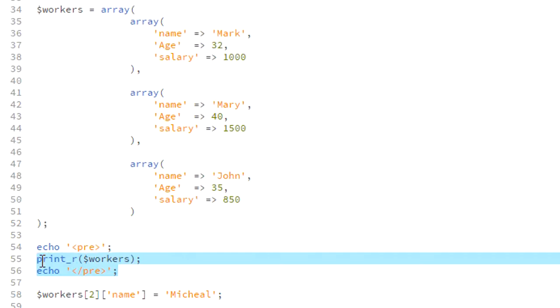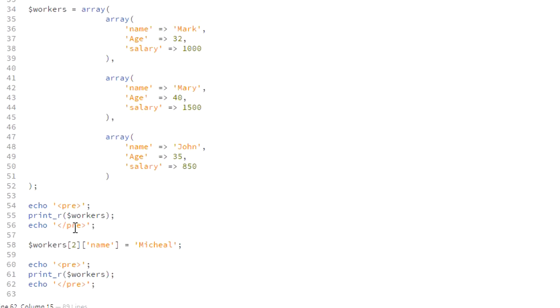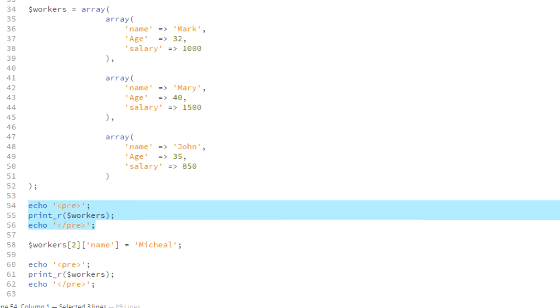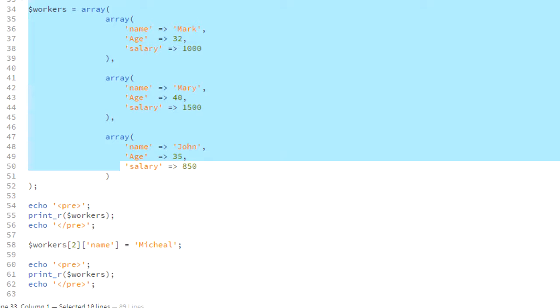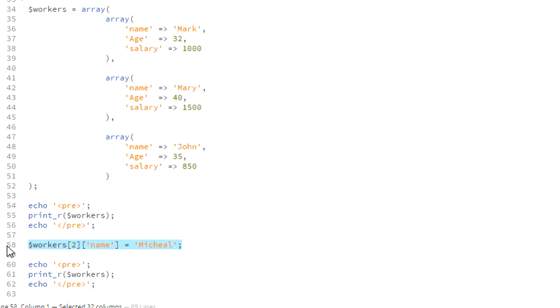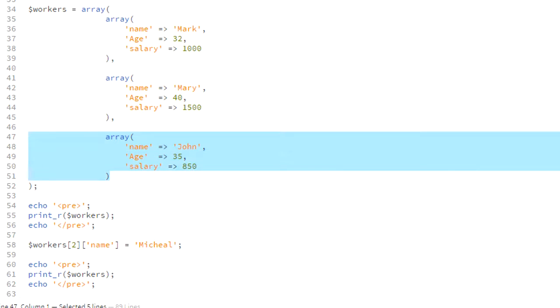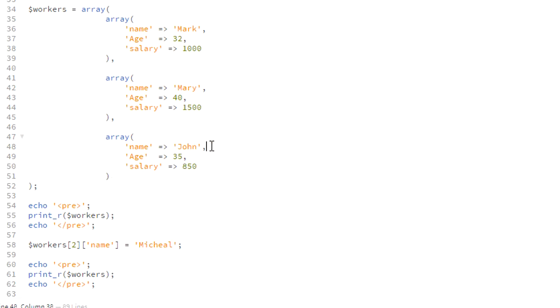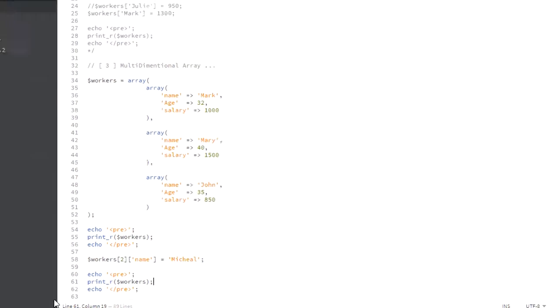So let's save that and print the array again after we reset. I will print the array first. I will get this right here. Then I will reset the index number 2, like we agreed here, and inside index number 2 I will reset this one, the name. So John will become Michael. So let's save this and go check,